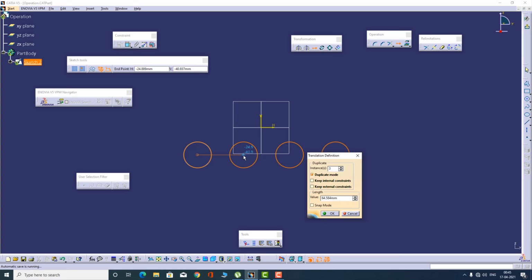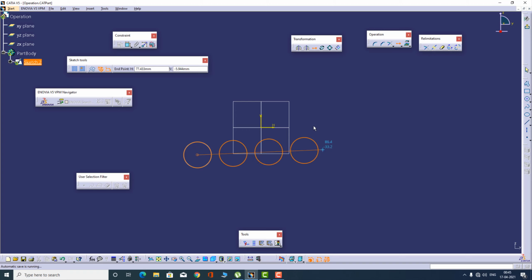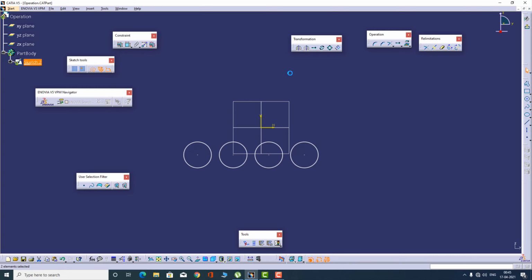So I want the length value to be 50 between each of the entities, so I'll keep that value as 50. Let me just enter that, and say okay. So you'll see now there are 3 more entities with a length value of 50 between each other. Suppose if I measure it,